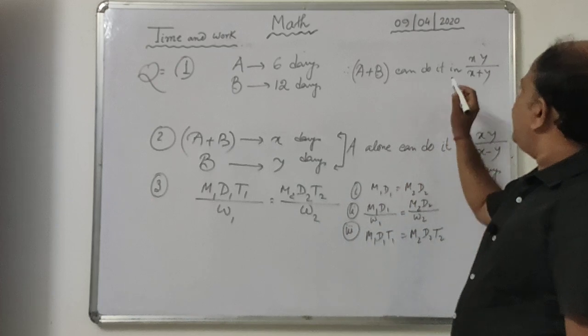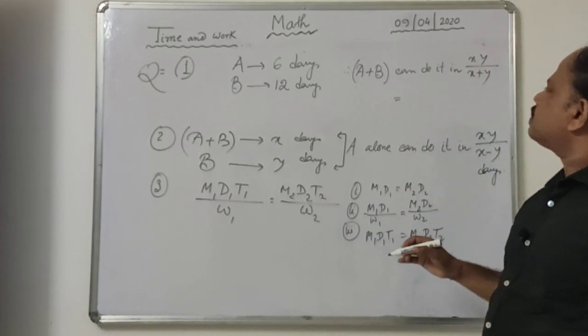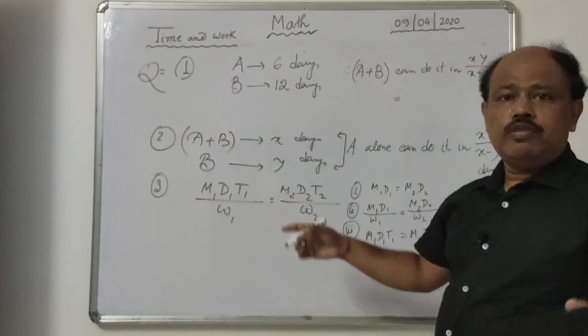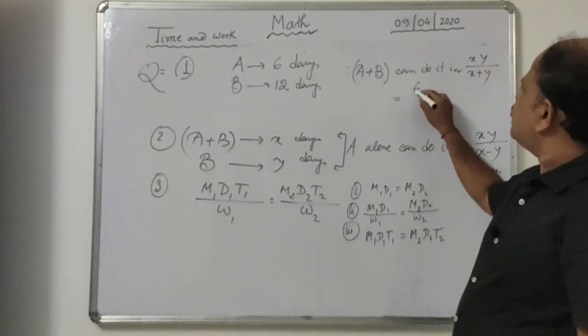Using this formula, 6 is the value of x and 12 is the value of y, that is 6 into 12